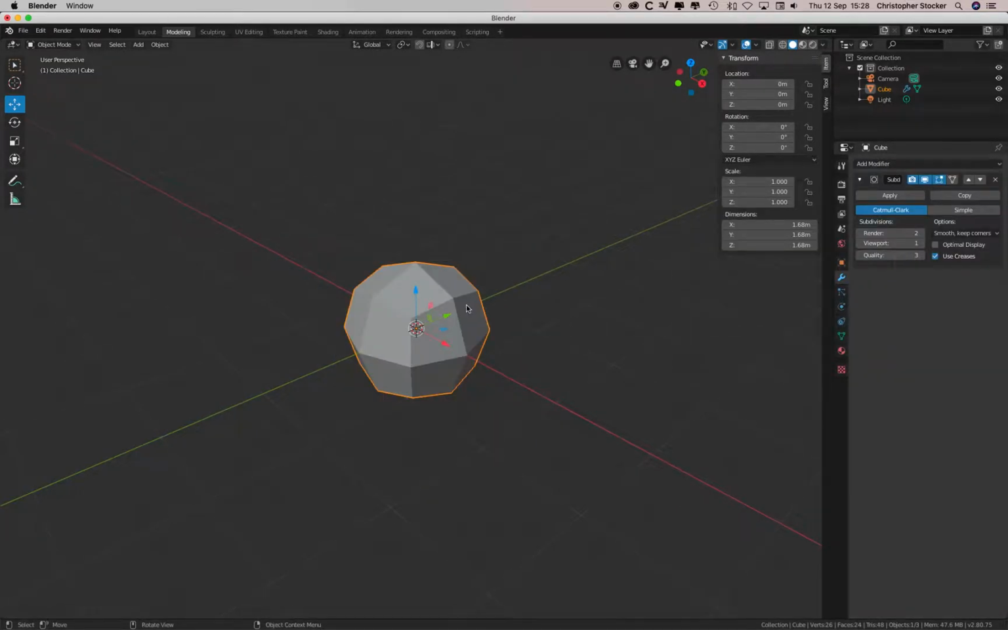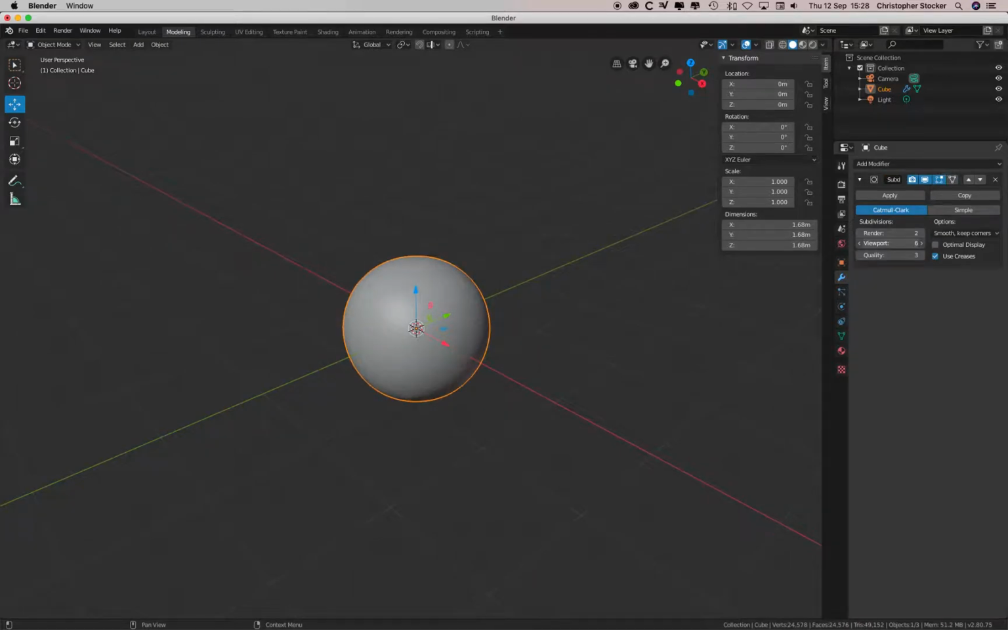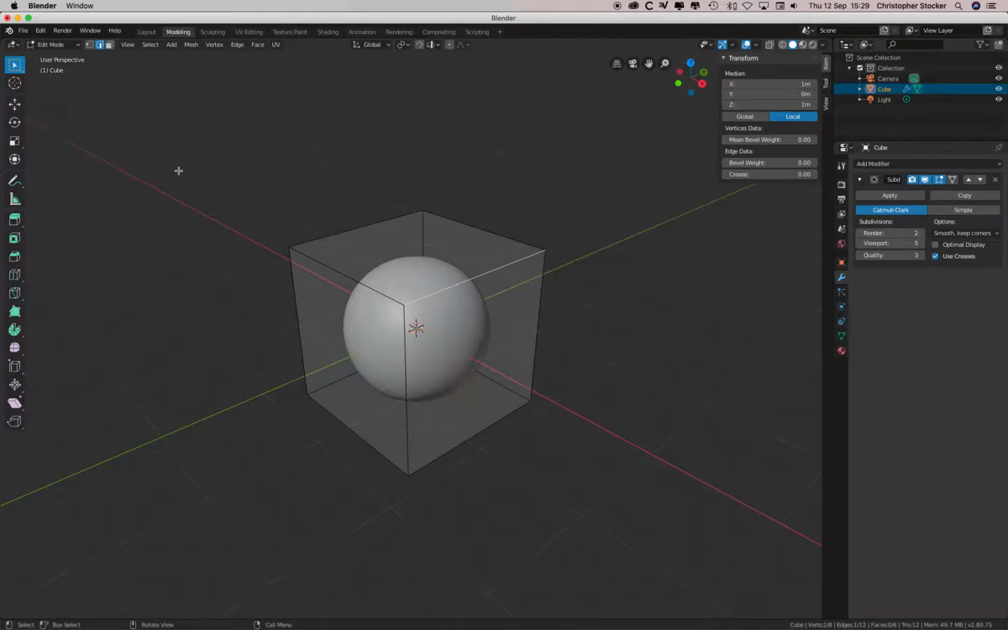Now this subdivision thing, there is a different way of doing it. So I've subdivided it into a sphere. So the next thing to do is to go into the control cage, wherever that is, am I in edit mode? To go into the control cage here,